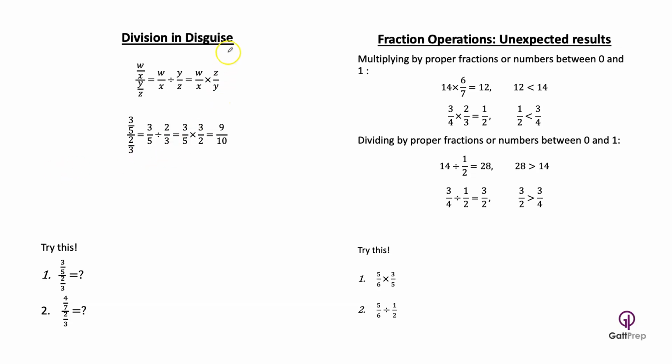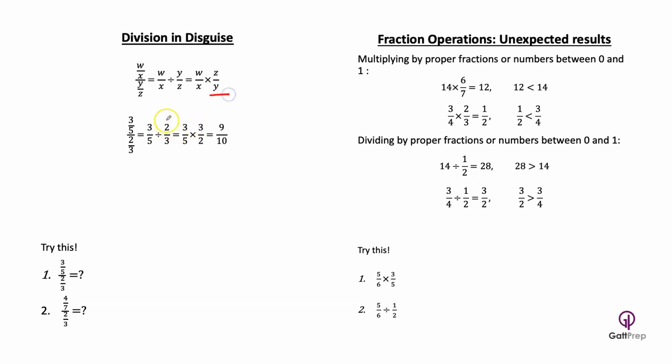We will look at division in disguise. Sometimes dividing fractions can be written in a confusing way. You must be aware to avoid being tricked. So you have w over x all over y over z. So this can be written as w over x divided by y over z, and then you can turn this into a multiplication problem by switching the position of the numerator and the denominator of this fraction